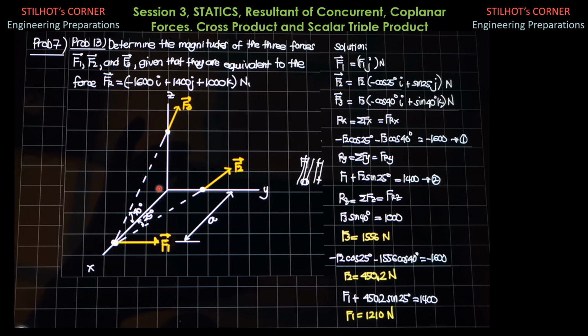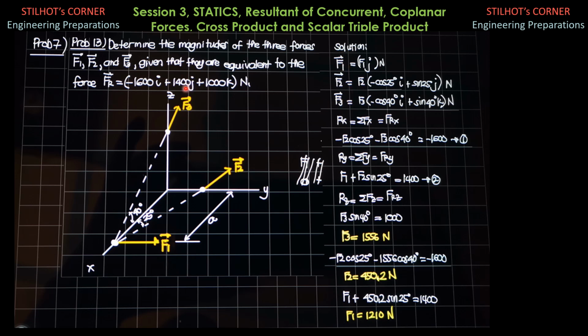F3 is directed backward and upward, so it has no rightward or leftward movement, so 0 y component. Backward, angle 40 degrees, magnitude F3. So factor out F3, negative, so F3 times quantity negative cosine 40 degrees i. Then no y, then z positive, opposite to 40, so plus sine of 40 degrees k. So these are the three forces, F1, F2, and F3, expressed in vector form.